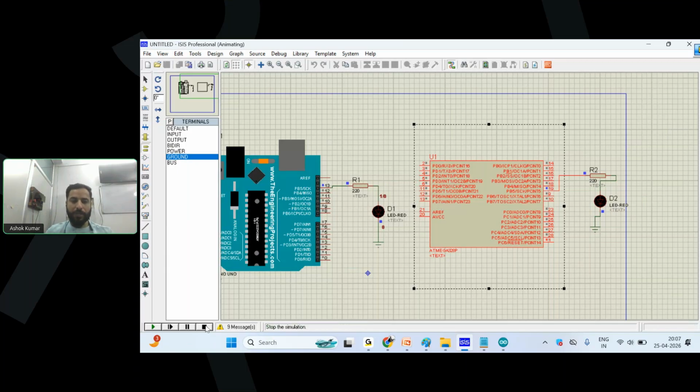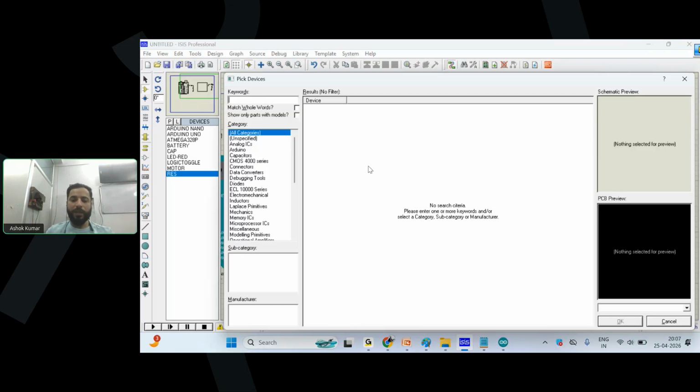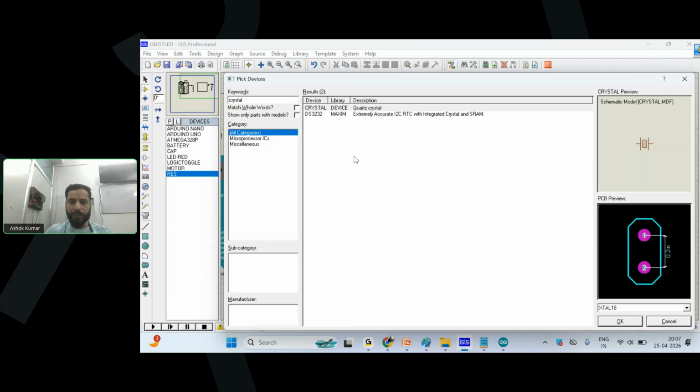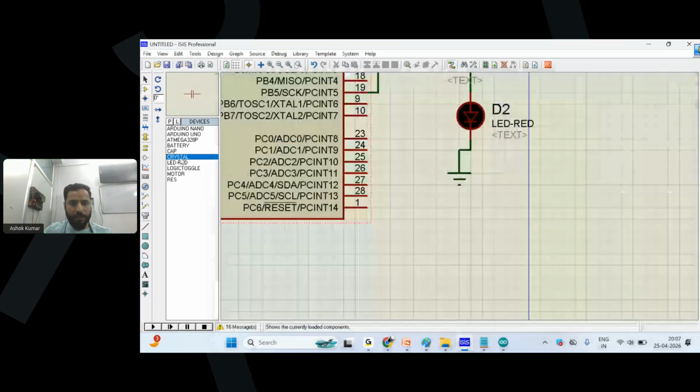Let's go to pick the component. How to pick the components? Either from this option P, or otherwise you can also hit P from your keyboard. So I'm hitting P from my keyboard and writing crystal. So here we have the crystal oscillator, and for the crystal we also need the capacitors. So let's now connect the crystal here,